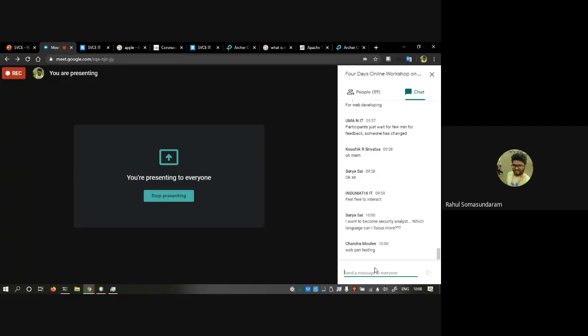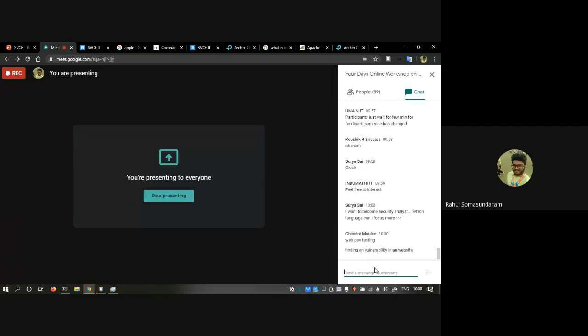If a particular website has some security flaws, like you have seen many criticisms about our Aadhaar card and all, right? The Aadhaar security is not that good, and the recently launched Arogya Setu app also faced similar security criticism. You've seen many news reports, right? So for that, there is no particular language. It depends on your skills to penetrate this.